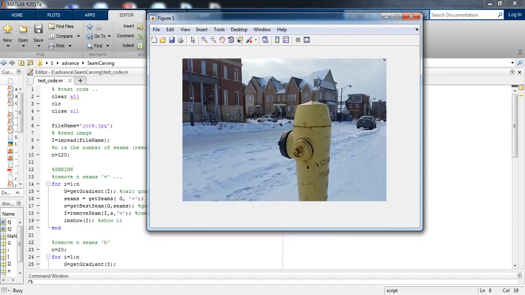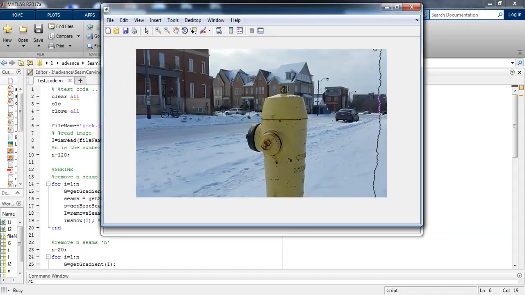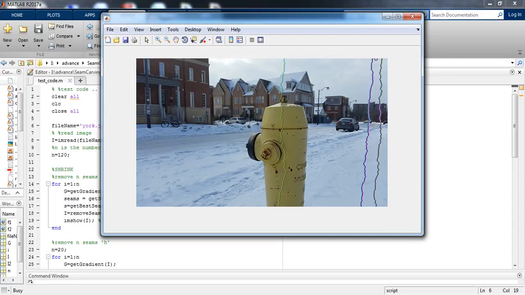Now it started shrinking vertically. Now it is expanding to get the original image.